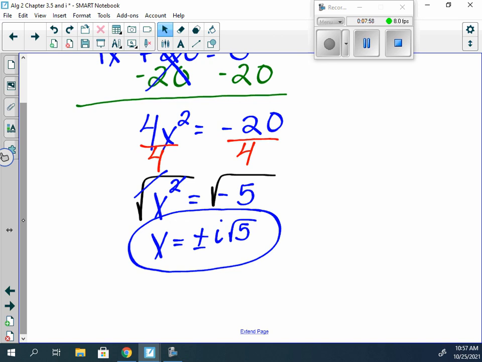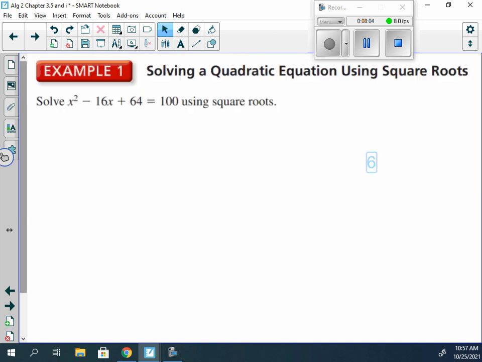Questions on this here? Now the square root method works well if we're able to have something in a set of parentheses squared, or we have just x squared. We don't have x to the first. Now this one here,